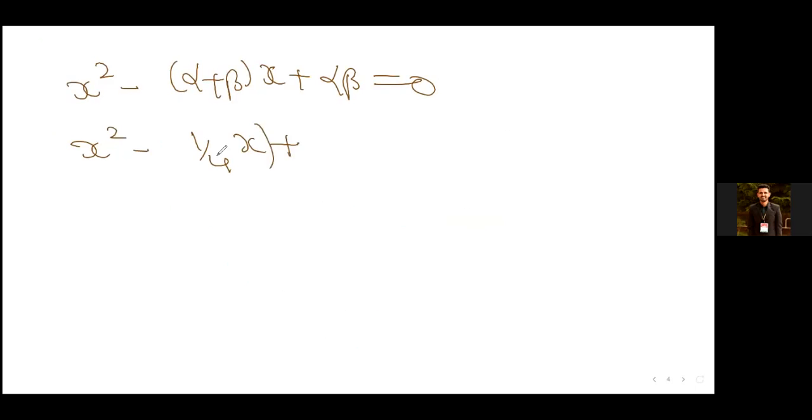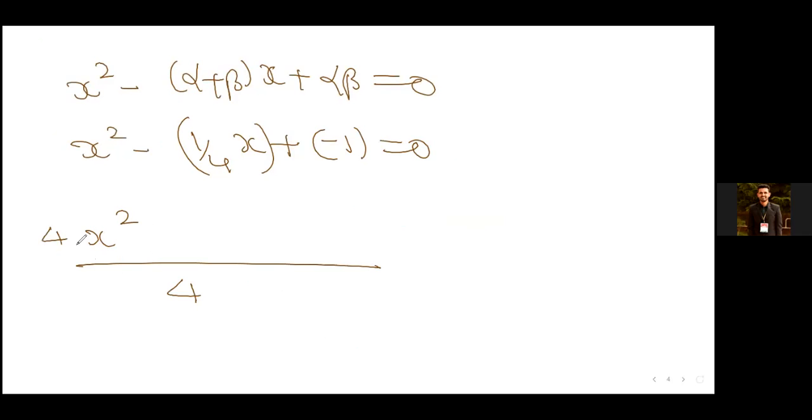We have the quadratic equation. We can write this as x square minus (alpha plus beta) x plus alpha beta is equal to 0. So x square minus 1 upon 4 x plus, it is minus 1, which is equal to 0. On simplification, taking 4 as the denominator, I can write this as 4x square minus